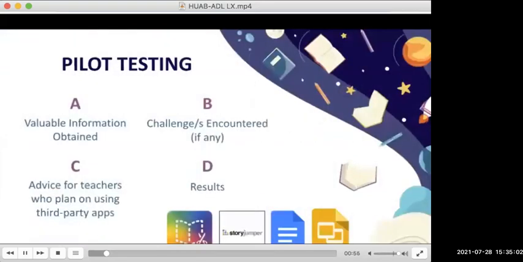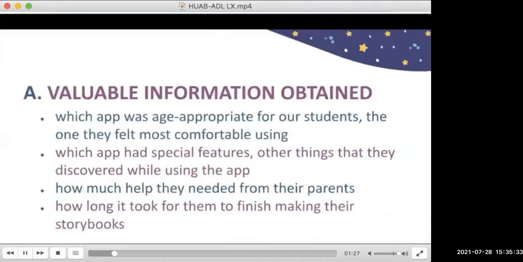Since the school mostly uses Google Apps, we wanted to see if using third-party apps such as Book Creator or Story Jumper would be worth it as compared to the usual Google Slides or Google Docs. A few chosen students were invited to a meeting after class to discuss instructions, and they were given a week to make a storybook using the Nativity story or the birth of Jesus, a story which they were all familiar with and can write using their own words in a short period of time.